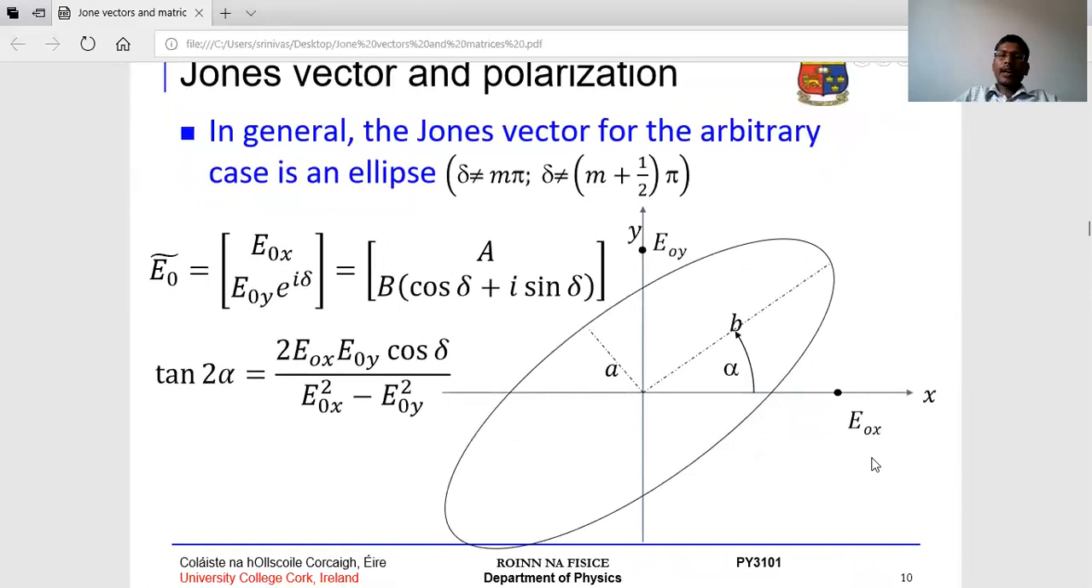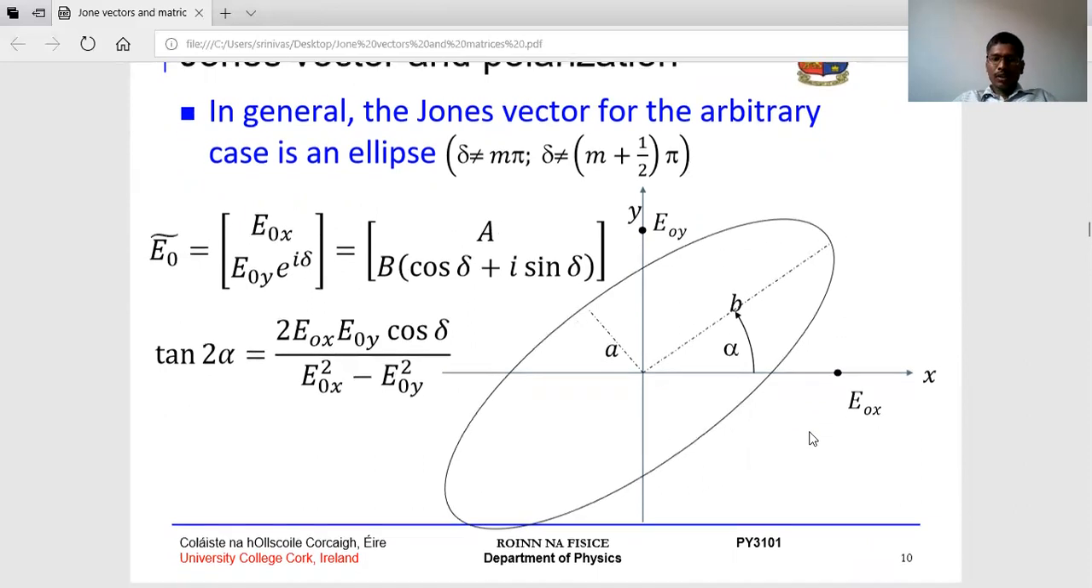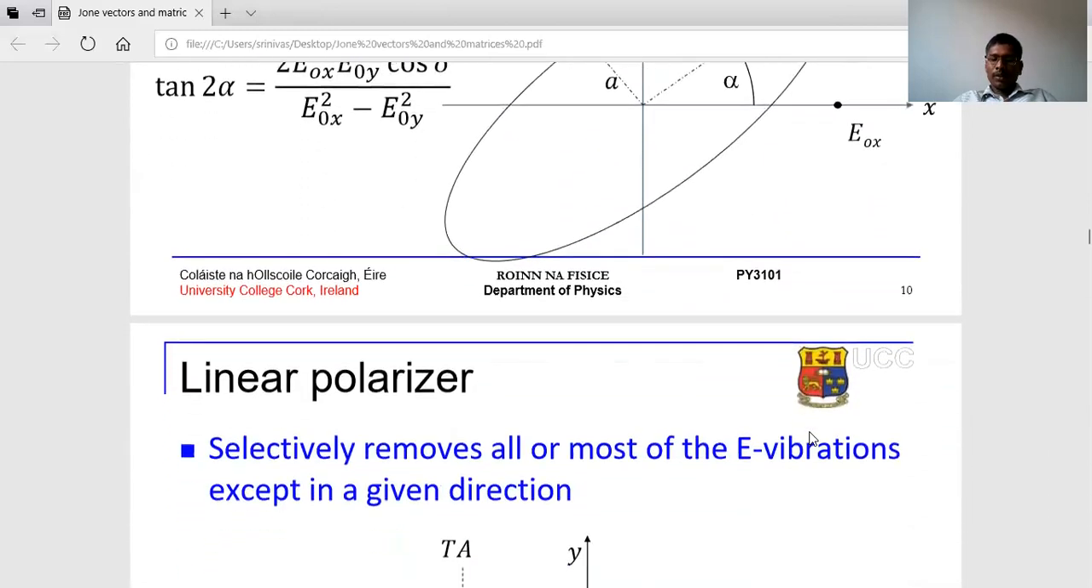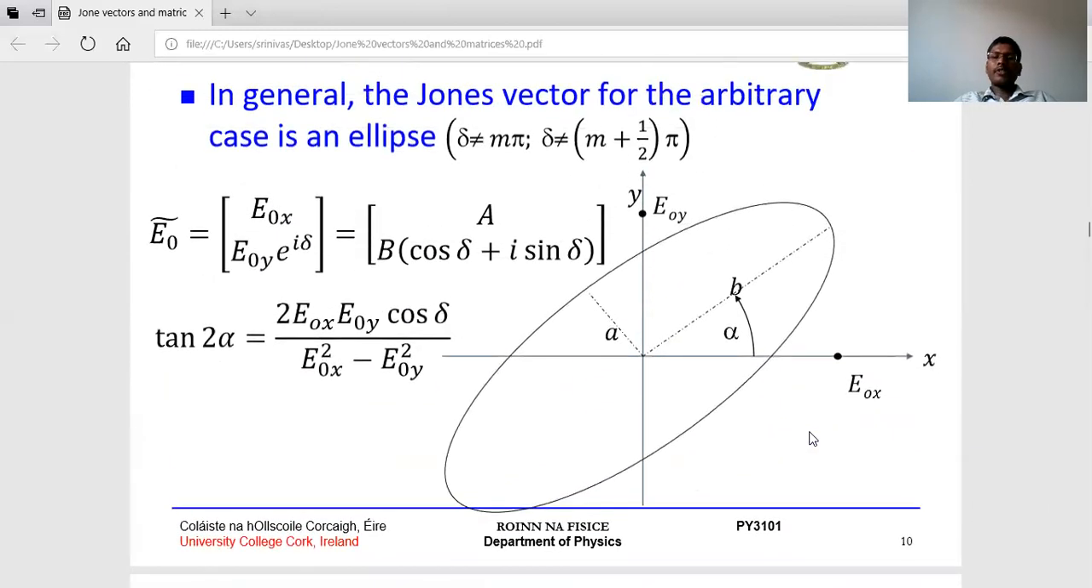In general, the Jones vector for the arbitrary case, when delta is not equal to m pi, and delta is also not equal to m plus one-half of pi, is E naught x, E naught y e^(i delta). In terms of E naught x, I take A, and E naught y e^(i delta) is written as cos delta plus i sin delta, where tan 2 alpha is equal to the ratio, A is the minor axis, and B is the major axis. Okay, up to here we have discussed the different states of polarization. Then next class we go to the